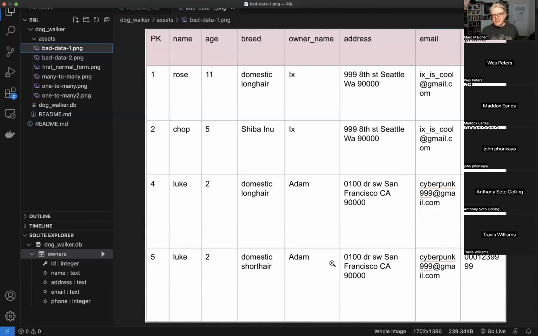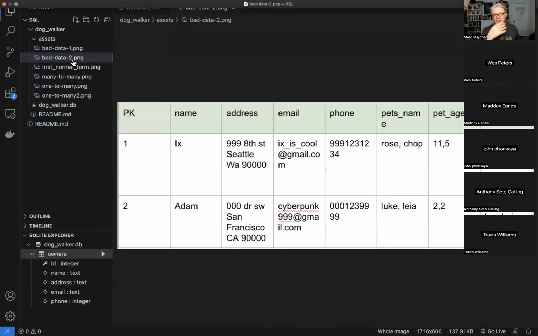Cool. So these are repeated records. They're different entries though, and they contain a lot of duplicated information here. And again, here's another example of stuff that is not great. If we have more than one pet, just putting them in comma separated things in your columns, in your rows, not great.